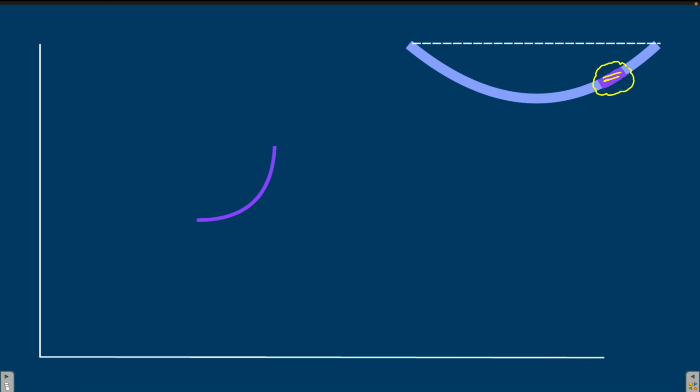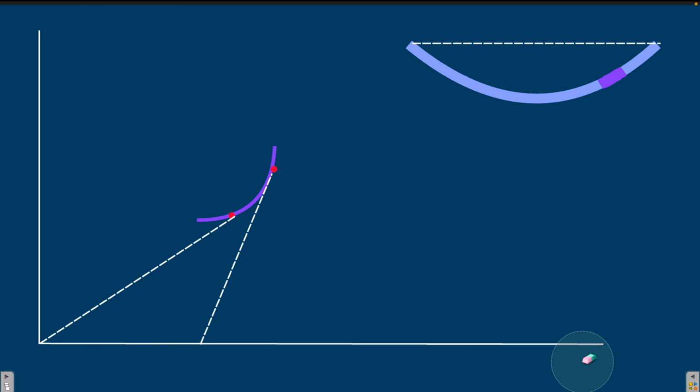We are taking this purple section of the beam for our analysis. The same purple portion is represented here. This is the coordinate axis, this is the x-axis, and this is the y-axis. Now we are taking two points P and Q in this portion of the beam, and from these two points we will be drawing two tangents to the x-axis, something like this. So this is point P, this is point Q.